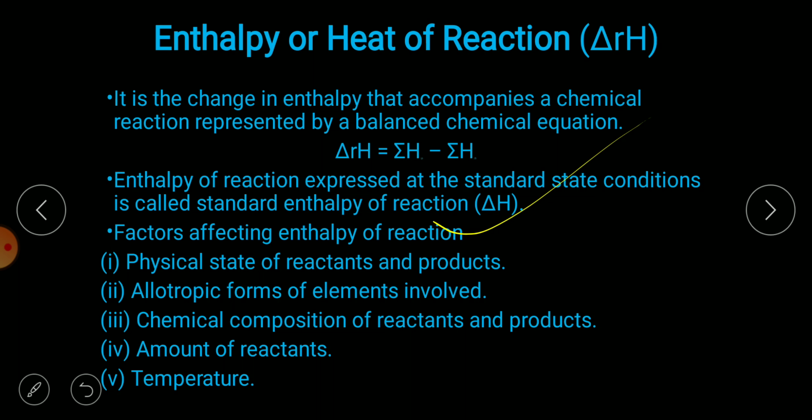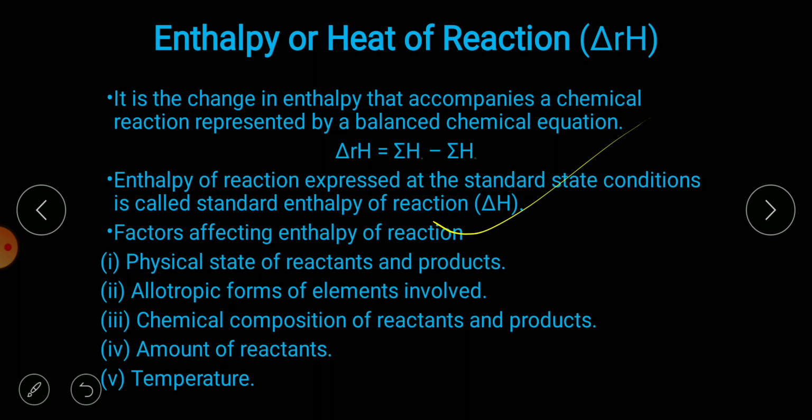Third thing is chemical composition. Reactants की chemical composition. Chemical composition means how many bonds are present, like single, double, triple, एक bond है, दो bond है, इन चीज़ों को आपने देखना है. In that way you can say that double bond को break करना थोड़ा difficult होता है as compared to single bond. That's why we have to see the chemical composition of reactant and product.